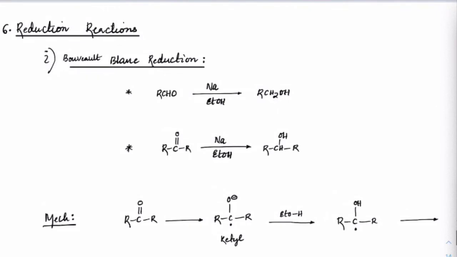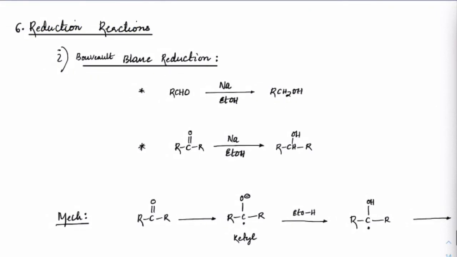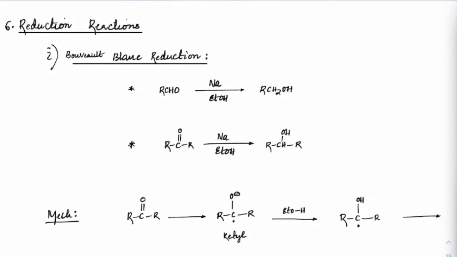See the reactions. Now what we will do is only reduction reactions, right from aldehydes, ketones, acids, esters, anhydrides, amides. From all of them, we will try to reduce and get alcohols. Out of which the first reagent which we will see is Bouveault-Blanc reduction. Bouveault-Blanc reduction is by a reagent, sodium added in ethanol.